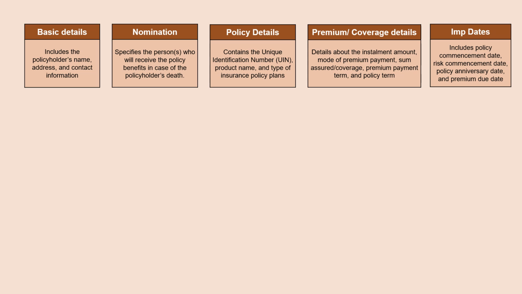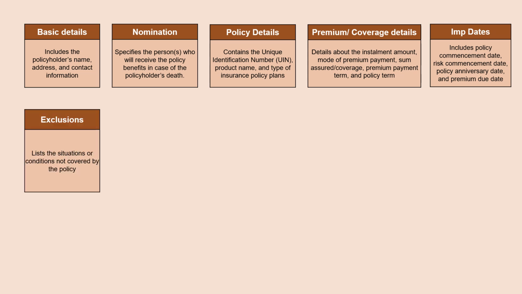And premium due date. This is the due date by which the policyholder must pay the premium to keep the policy active. Premiums can be due monthly, quarterly, annually, or as specified in the policy. Missing this date can lead to a lapse in coverage, meaning the insurance company may not cover any claims made during the period of non payment. The risk commencement date is crucial as it marks the start of the insurance company's obligation.